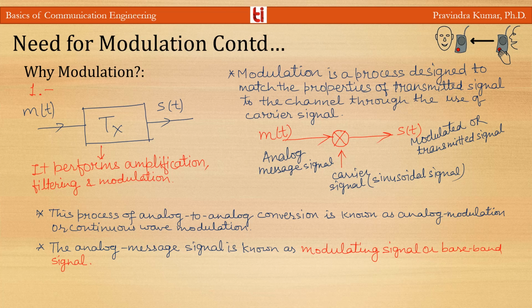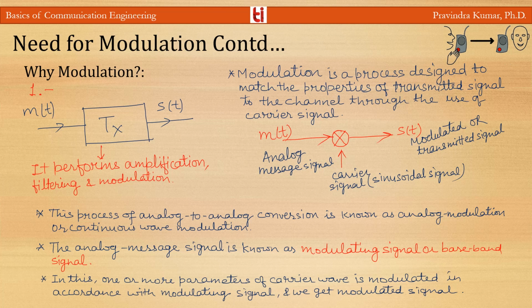In this process, we manipulate one or more parameters of the carrier wave in accordance with the modulating signal, and with this we will get the modulated signal. So modulation is required to match the properties of the transmitted signal to the channel properties for reducing noise and